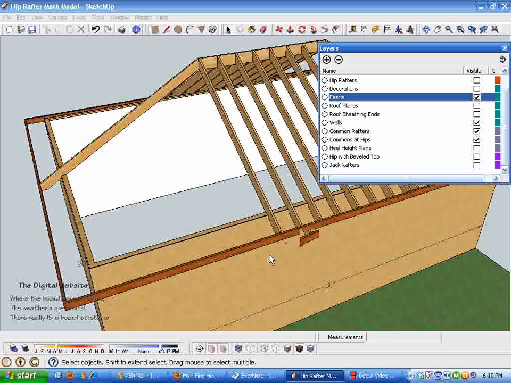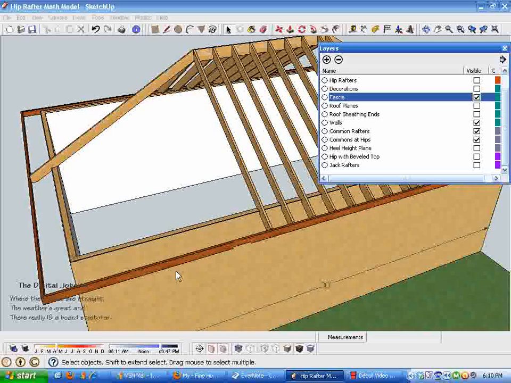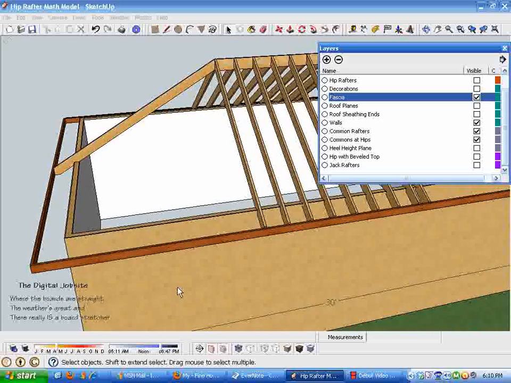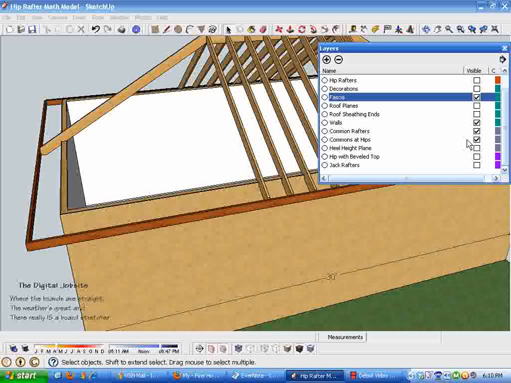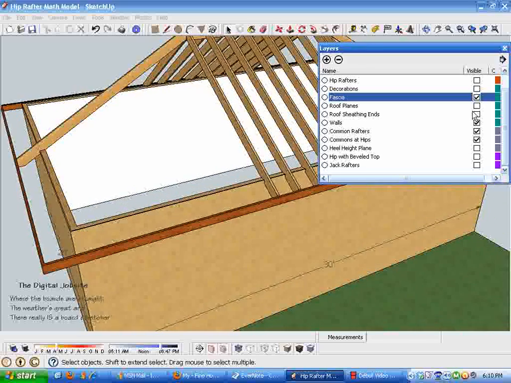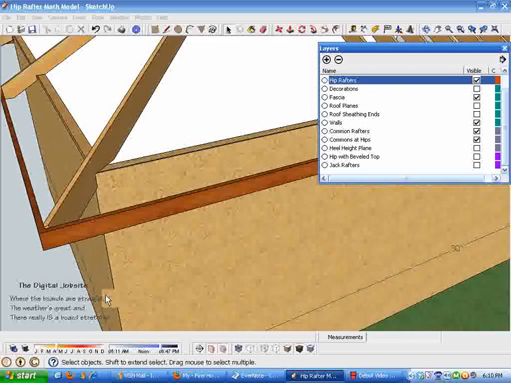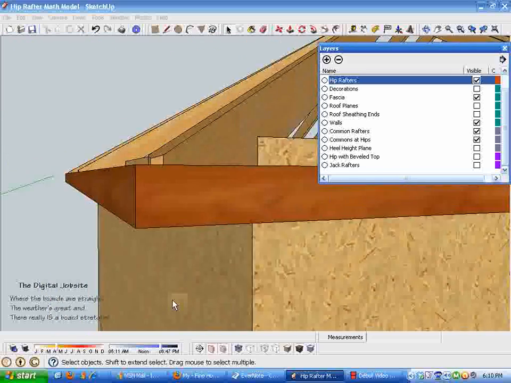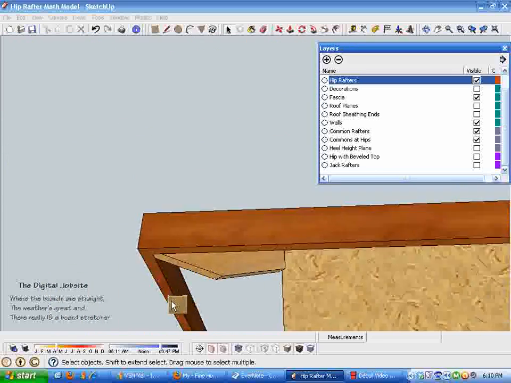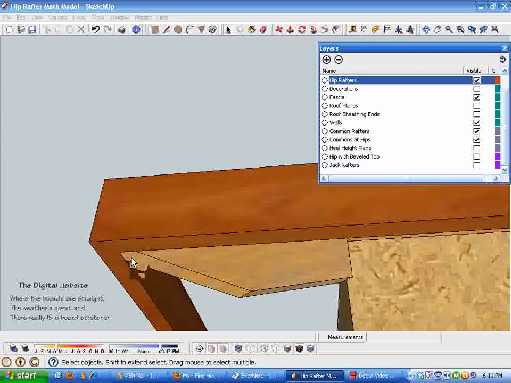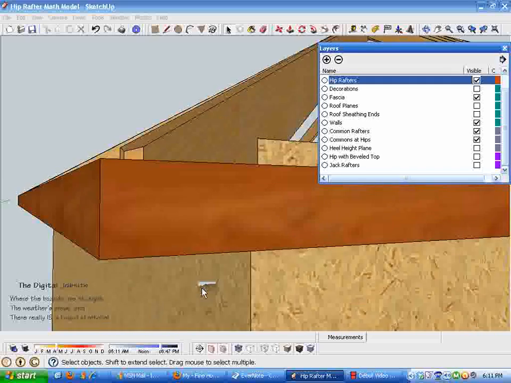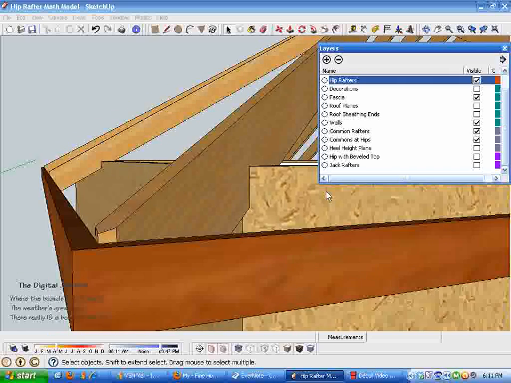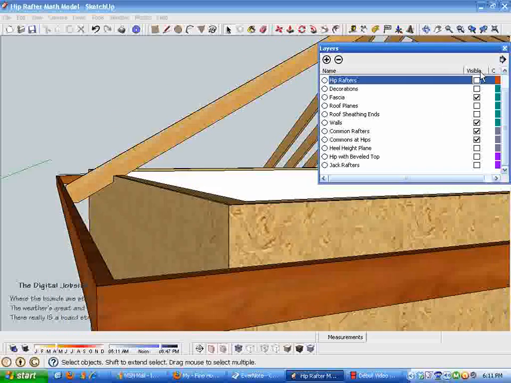I guess I haven't gone through how I created the fascia itself, but it's important to have the fascia in the model so that you can see how the hip rafter is cut for attachment of the fascia here. You can pivot around, you can see that the hip rafter nestles nicely into that 90-degree corner of the fascia. But I'm going to leave the fascia showing, and I'll just hide that hip rafter. Now I'll just hide